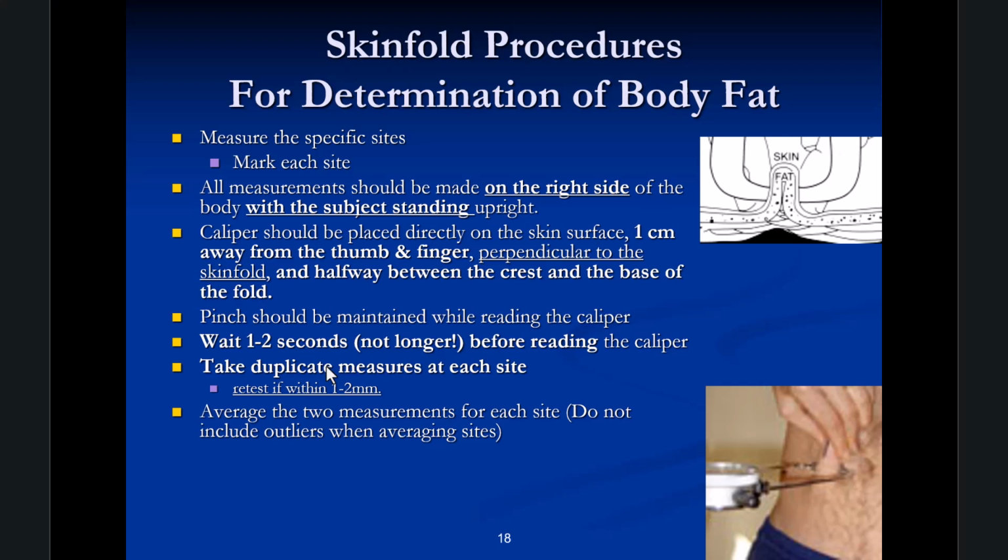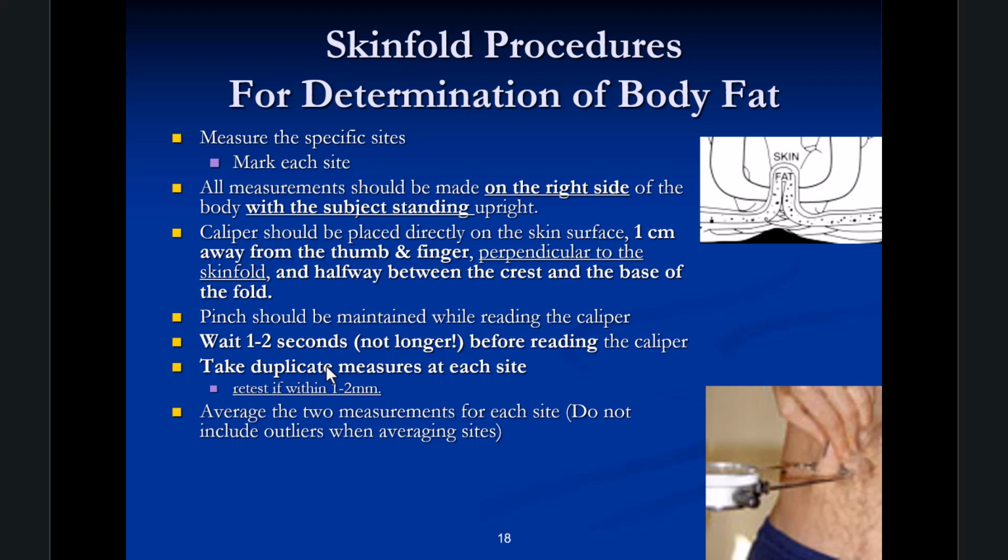You keep holding the pinch while you put the calipers on it. Read what the millimeters are, and then you remove the caliper and let go of the skin. You want to do this in about 1 or 2 seconds because the fluid within the skin could start affecting the measurement. Again, you want to do duplicate measures at each site, so basically cycle through the measures